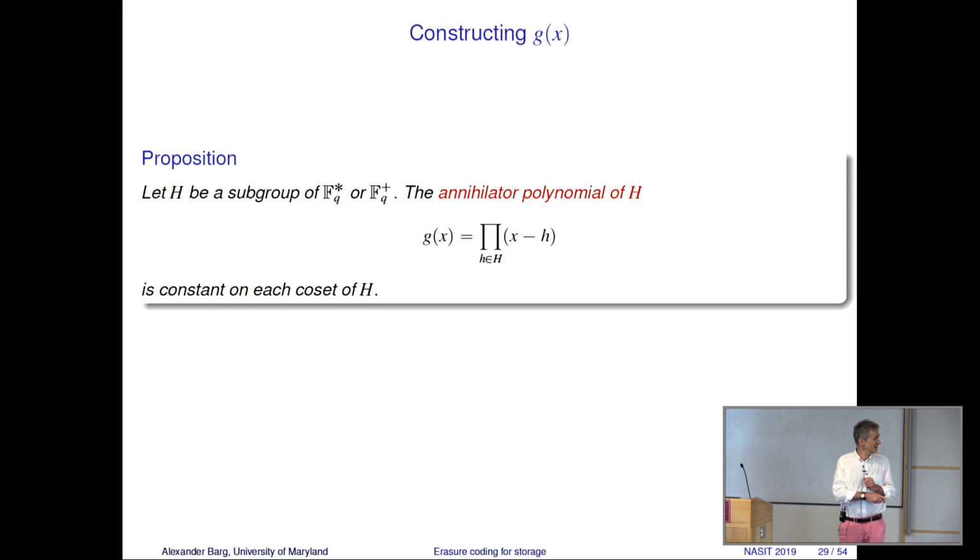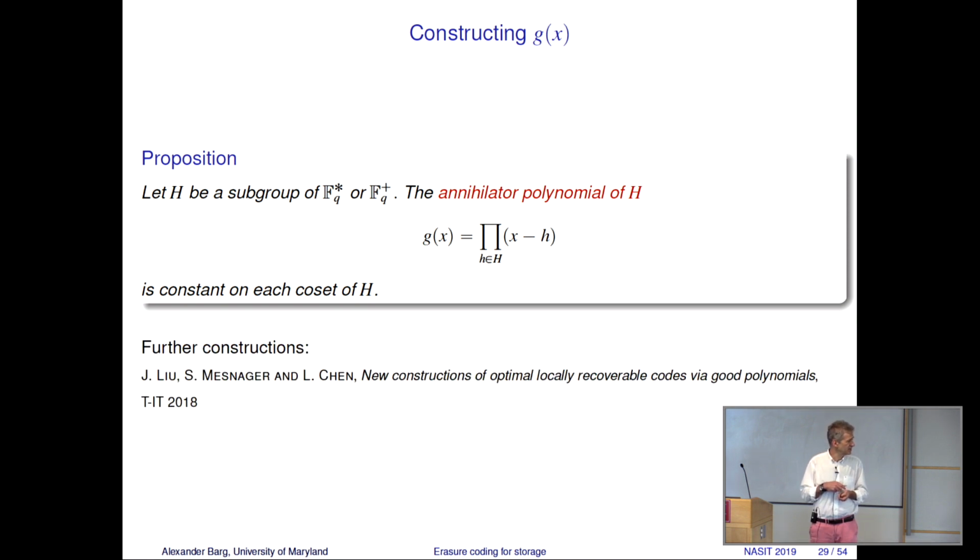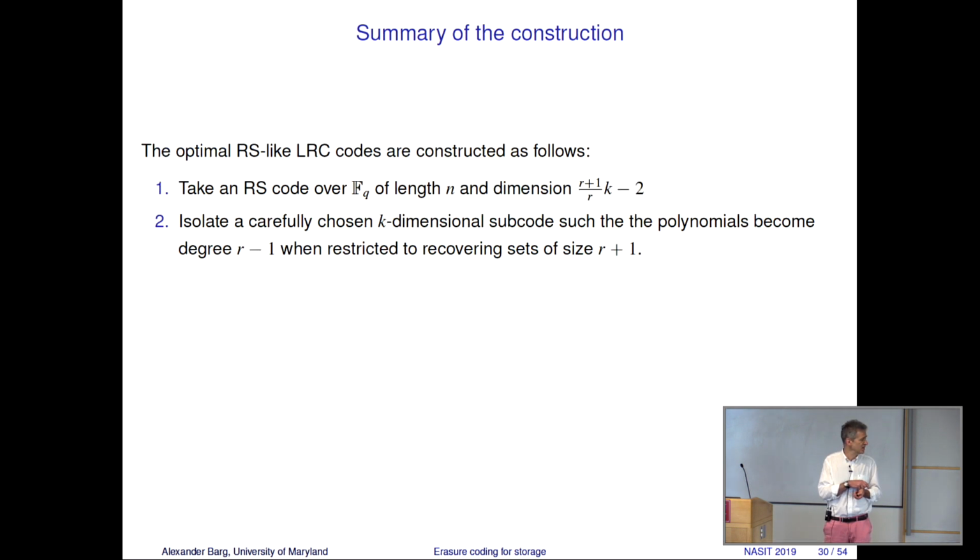One way to do that is to take polynomials of that form that cancel out subgroups of, let us say, the multiplicative group of the finite field. And they can be used in the construction. This is not the only way to do this. Other ways were shown in more than one paper by Sihem Mesnager and her co-authors. I'm citing one, but there were more. So there are other ways related to this idea, going beyond constructing these piecewise constant polynomials.